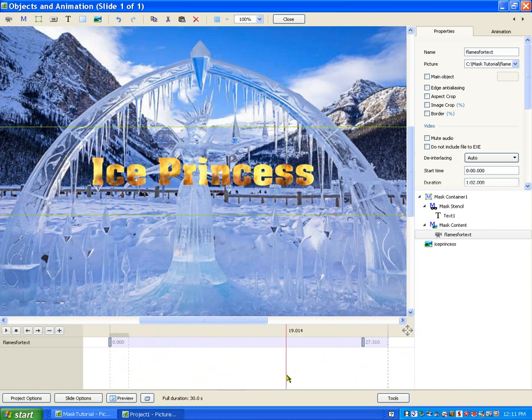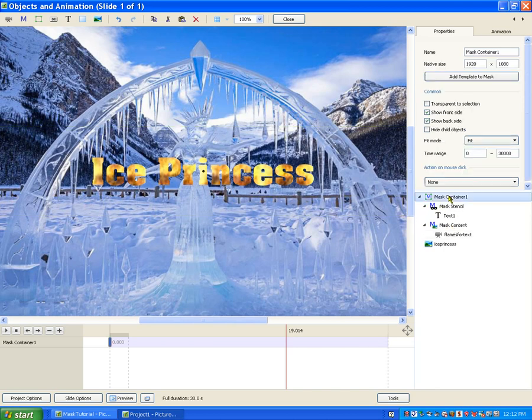So that's how we can use a regular mask and choose our own stencil, the boundaries of the mask, and then we can add the content, whatever we want inside there. We could have just chosen a font with a color and change the color. We could do all kinds of things, but that's the basis of a mask. I'm going to delete this,